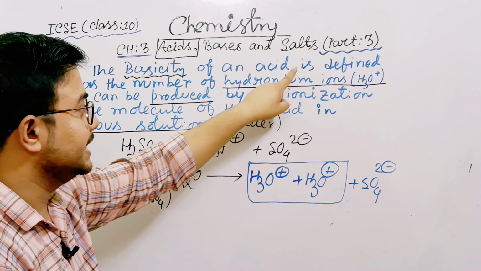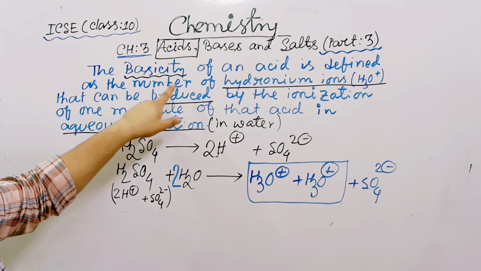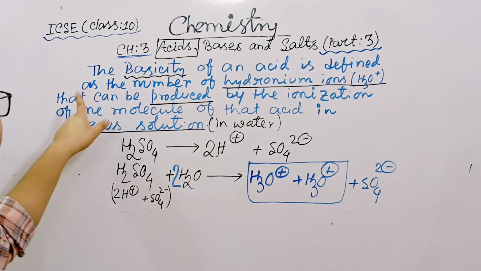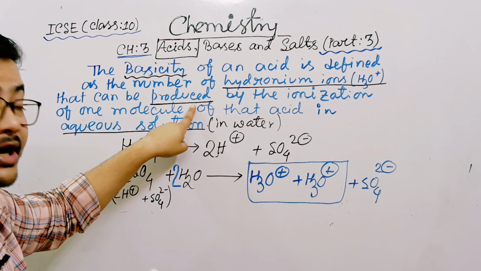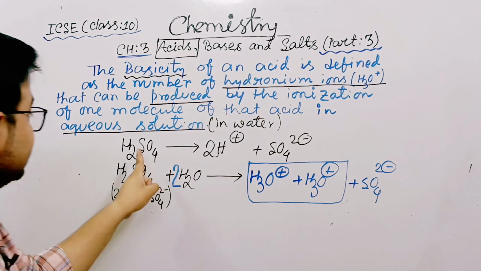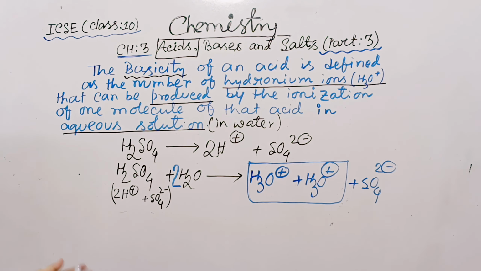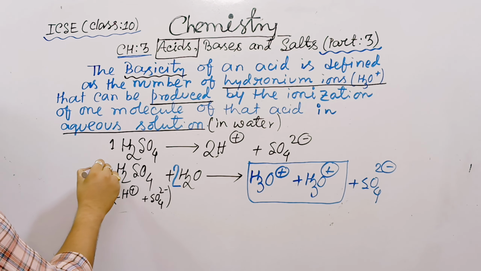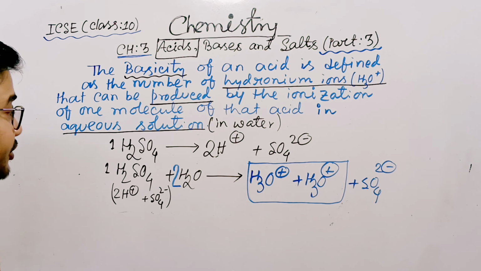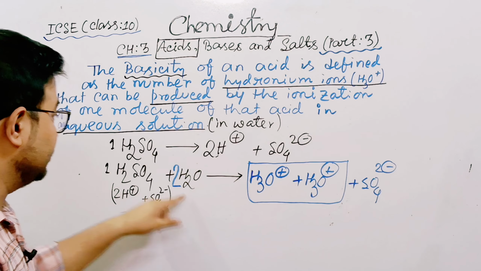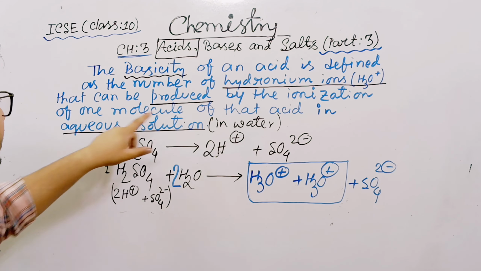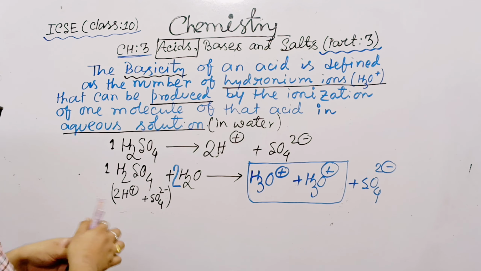The basicity of an acid is defined as the number of hydronium ions that can be produced by the ionization. See, ionization. You must take only one molecule, not more than one. You can take more than one water molecule, but only one molecule of the main compound